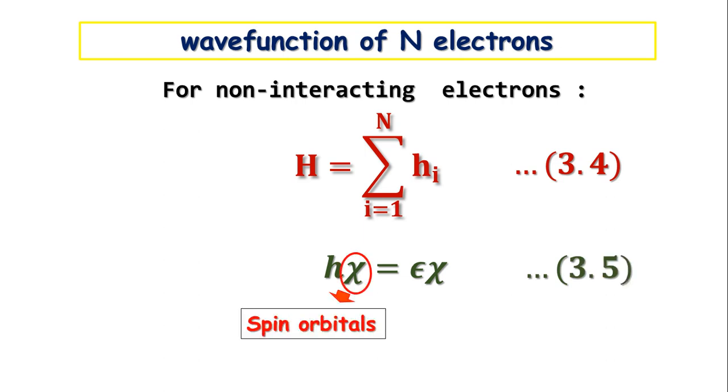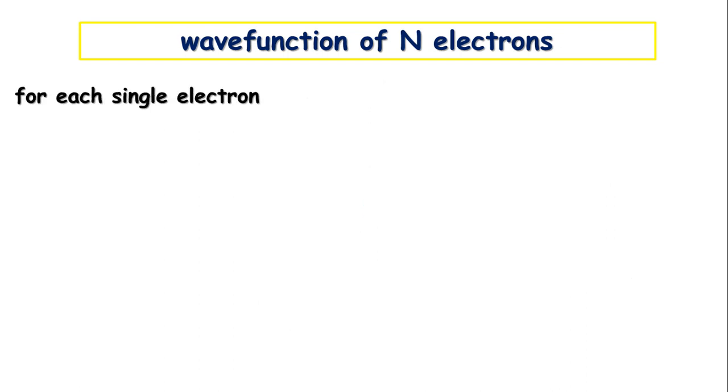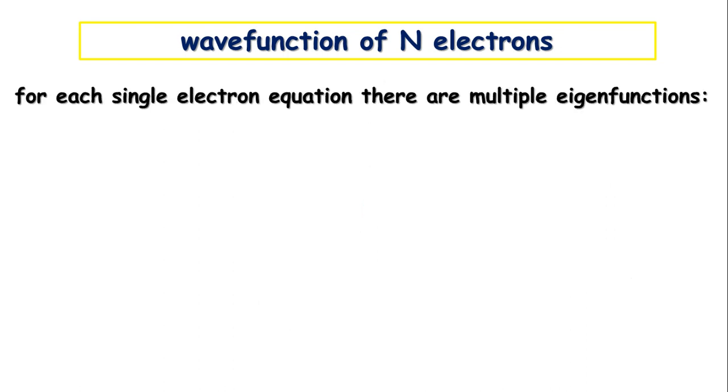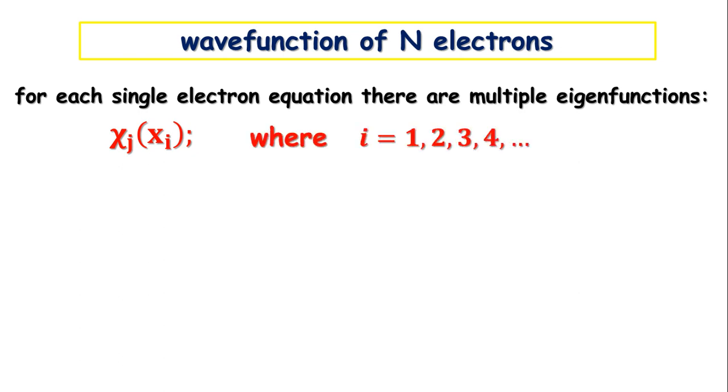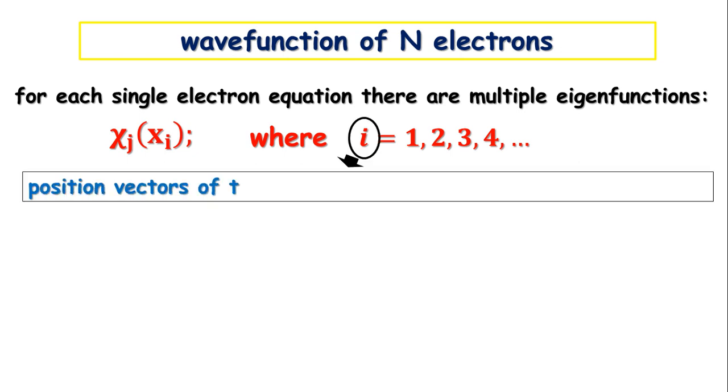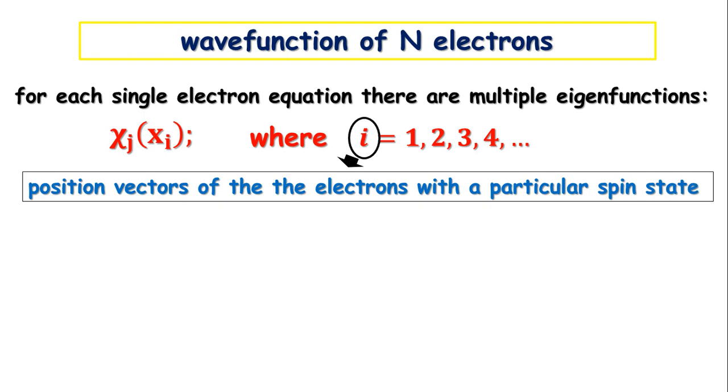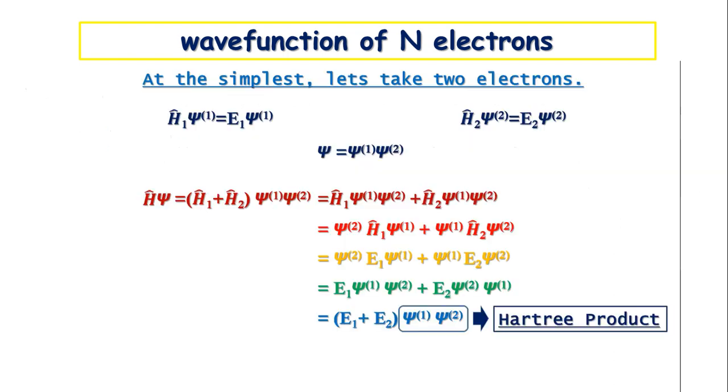For each single electron equation, there are multiple eigenfunctions. So, this defines a set of spin orbitals chi j of xi, where i equals 1, 2, 3, 4, and so on. This i represents the position vectors of the electrons with a particular spin state, up or down. From this point, we have shown you the partial glimpse of Hartree theory in the very first lecture of